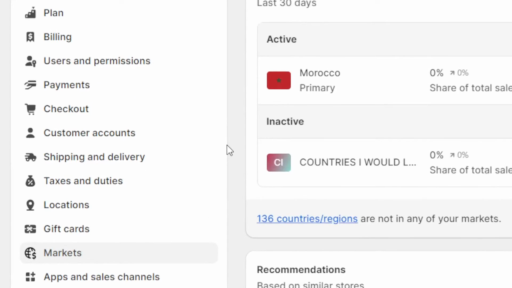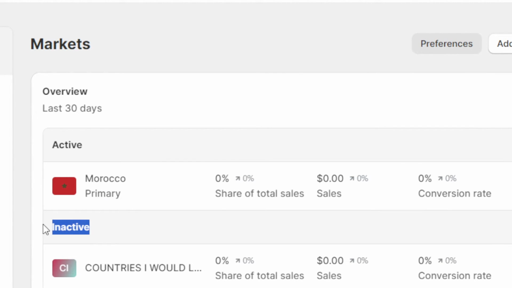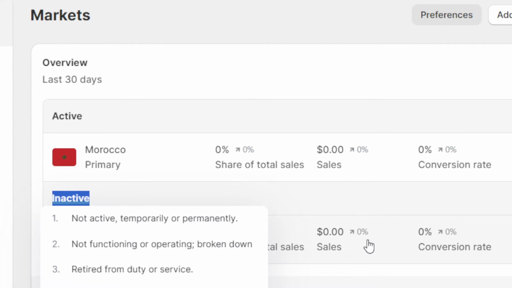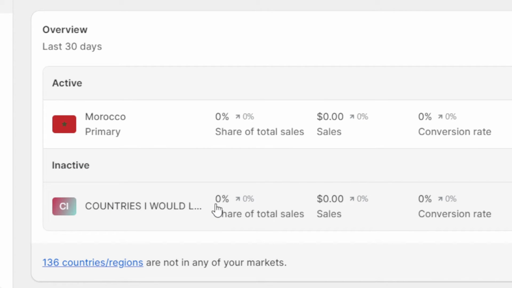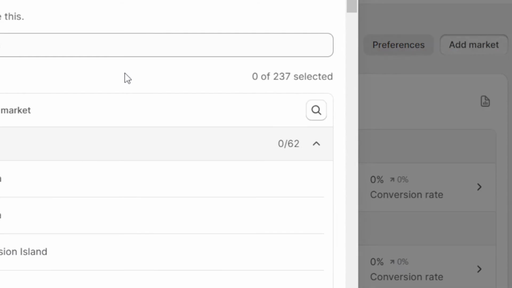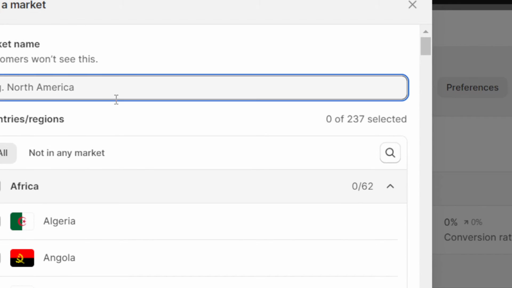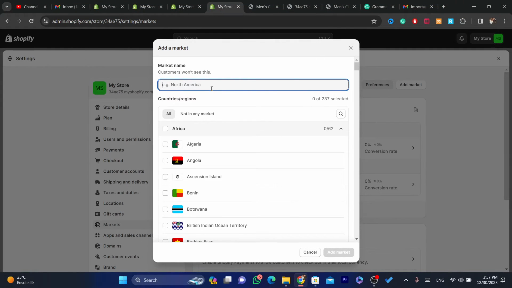Okay, now what you need to do, guys, now is you want to click again on add market. If it says here inactive, you want to activate this. Okay, you want to activate these countries so that you will be able to complete the checkout. You will be able to purchase from your store. Now if it says here active for these countries, then there is nothing you can do. But if it says like me, if it says the same thing like me, it says inactive, what you need to do, guys, next you want to click again on add market, and you want to select as you can see, for example, I would go with the same thing, countries I ship to,